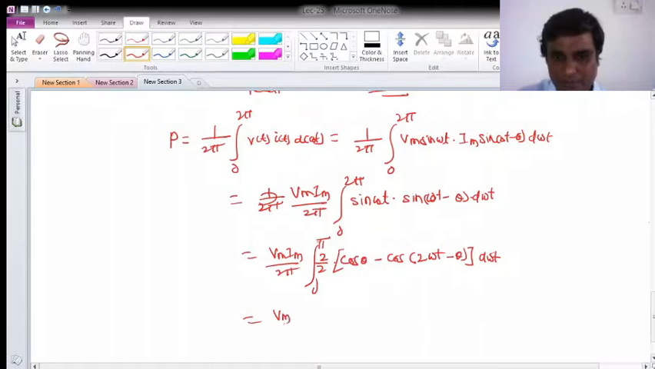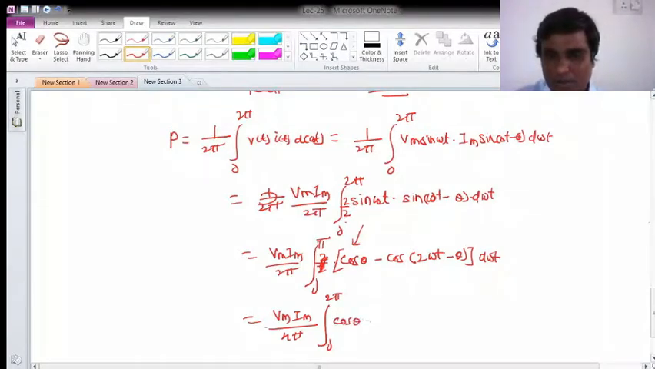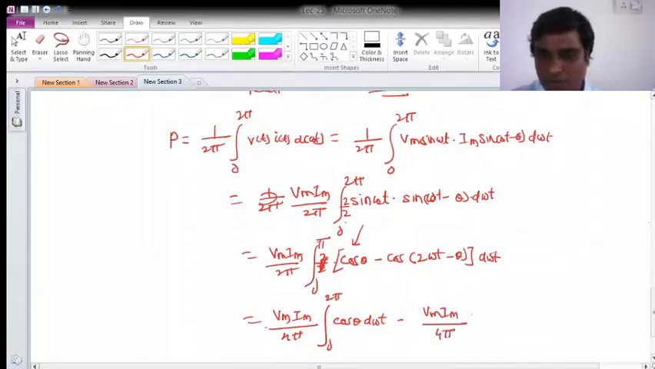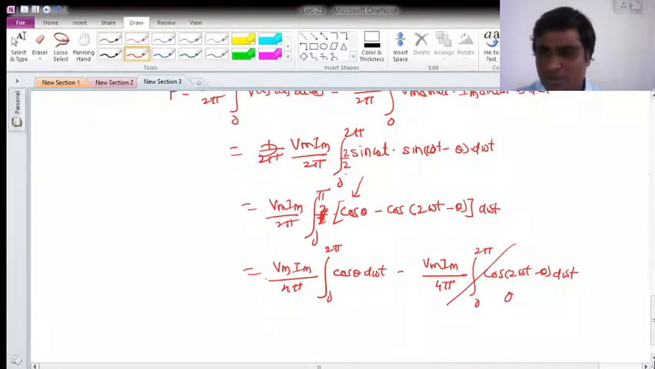So this will be Vm, meaning here adjustment of 2 pi, so it will be 4 pi here. So 0 to 2 pi, because this and this are adjusted by 2. So now 2 will come here, and this 2 sin alpha sin beta we have expressed this way. So 0 to 2 pi cos theta d omega t minus Vm Im upon 4 pi 0 to 2 pi, this is cos twice omega t minus d omega t, and we know this will be 0 as average